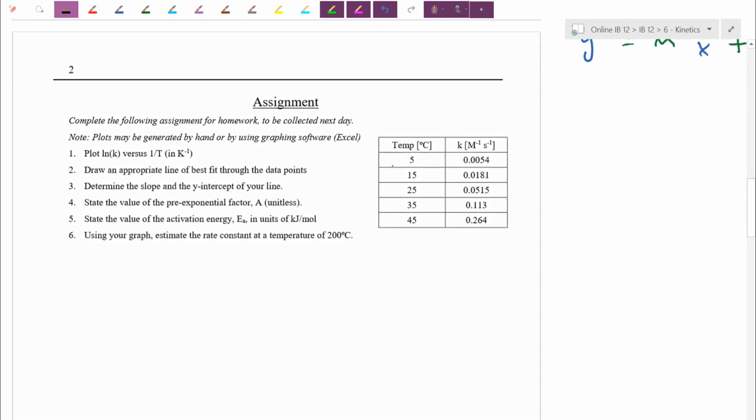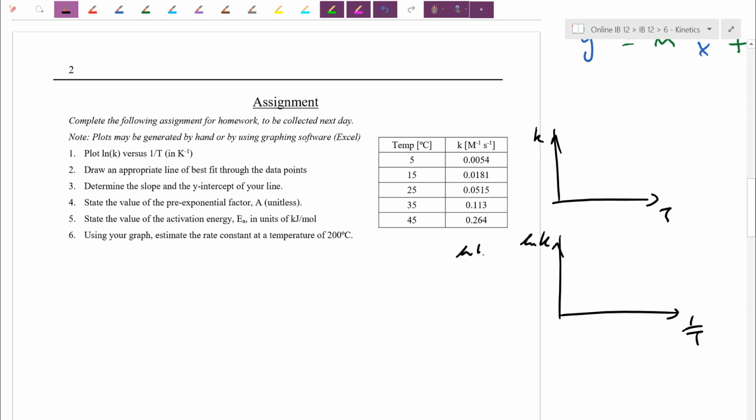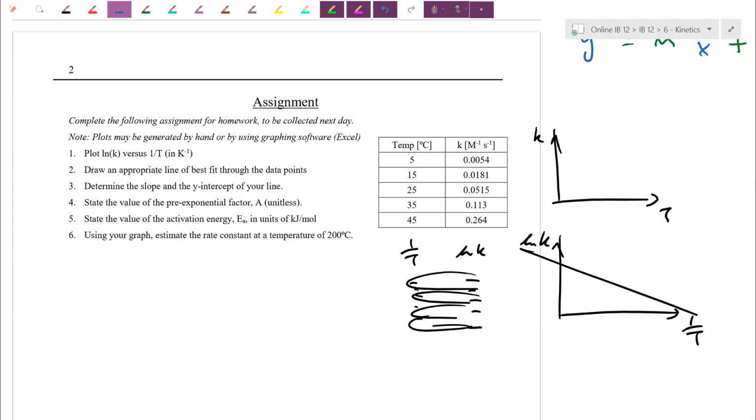Okay? So I think on the next page here, they give you that. They give you a bunch of temperatures here, and a bunch of rate constants. I'm not going to just plot K against T, which may be natural to you. What I'm asked to do is plot the natural log of K versus 1 over T. So imagine maybe you can use Excel, make up a chart here, figure out what ln of K is for all these numbers, mix and match that with 1 over temperature, and actually plot these numbers on the graph. You're going to end up with a line that does something like this, and again, the slope